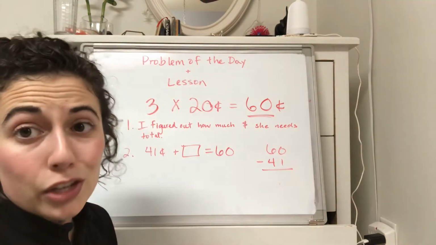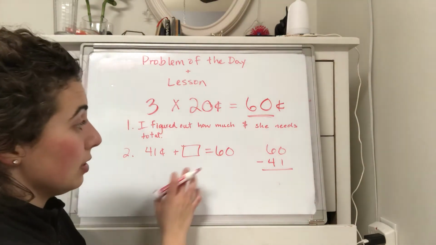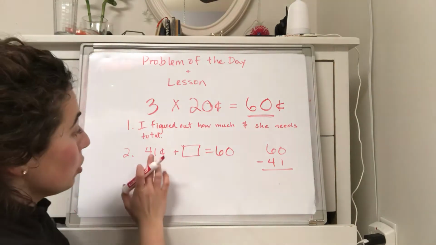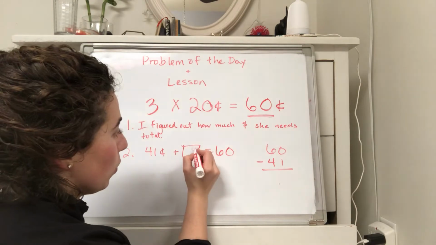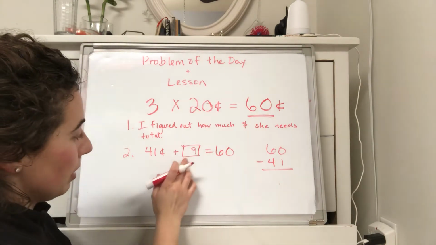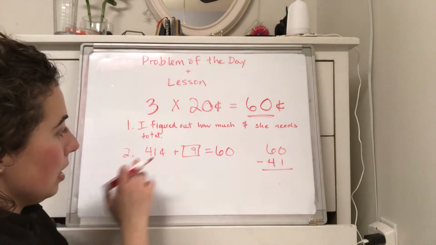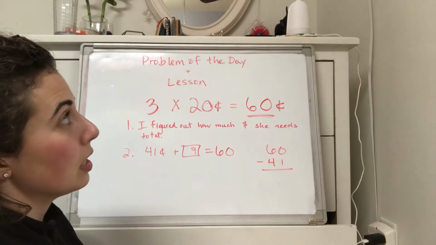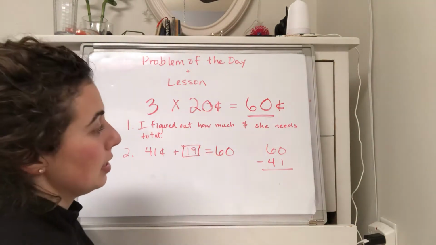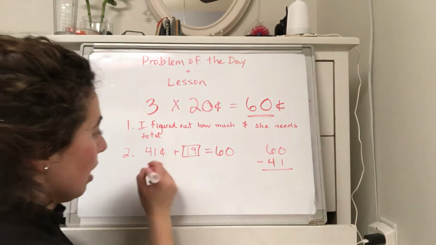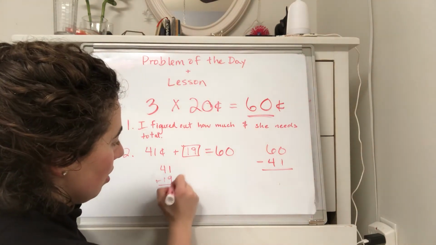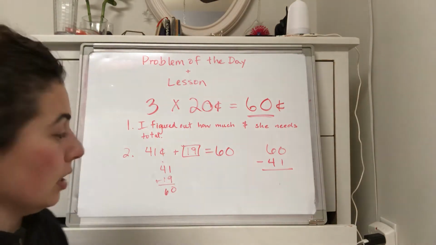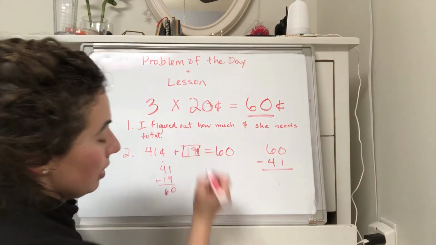And either way, you're just finding the difference between 41 and 60, so I'll do it both ways. So 41, at first I'm going to say, okay, if I put a 9 in the ones place, that'll give me 10. Let's see, 9 plus 41 would be 50, so I need 10 more, so I'm going to say 19 cents, and I'm going to double check that. I'm going to go 41 plus 19, oh great, that equals 60,